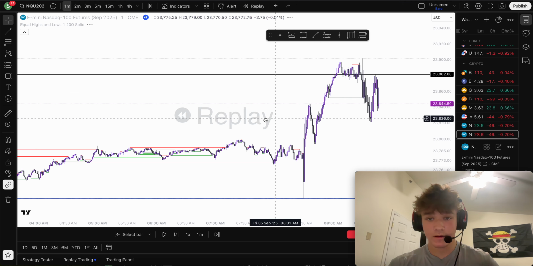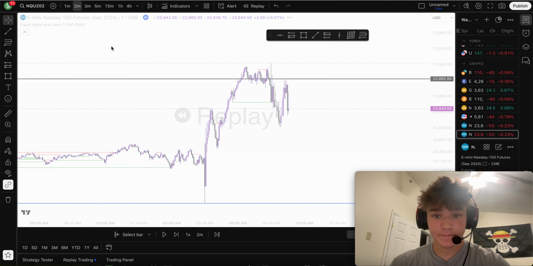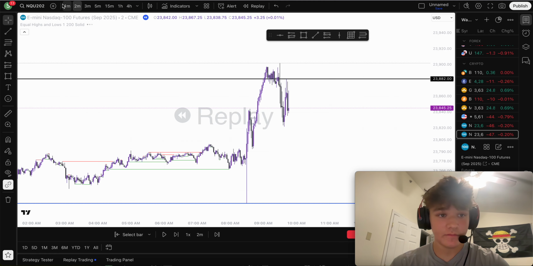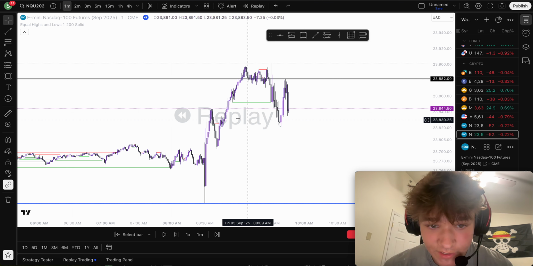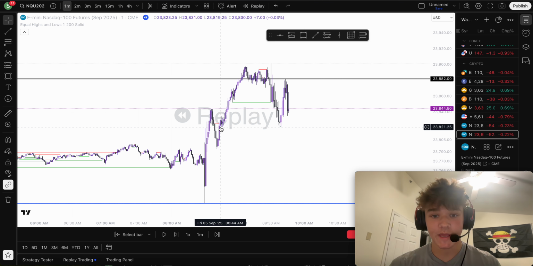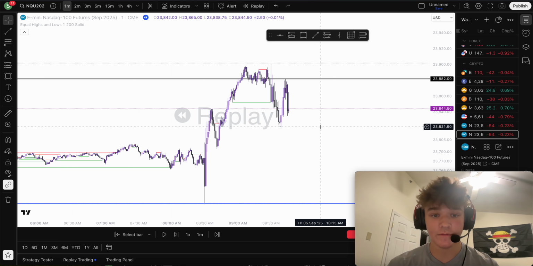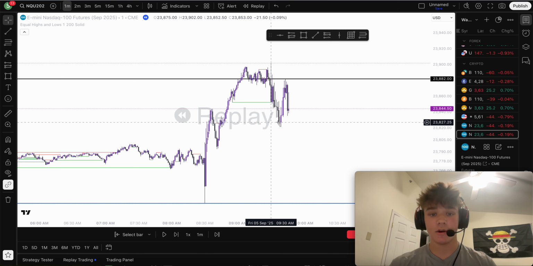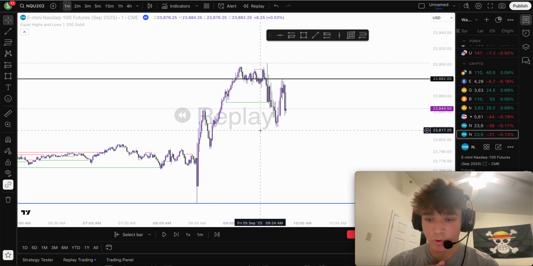Okay, so right here, we inverse the 2 minute and a 1 minute gap with really good momentum. 2 minute inverse. And we also have equal lows right here, small equal lows here, small equal lows here, which also made relative equal lows. So this is a pretty strong liquidity pool, and we also have an unfilled 15 minute right down below. So I wanted the sell side to get hit, even if we're bullish. So this is why I'm disappointed, because on my Apex funded,